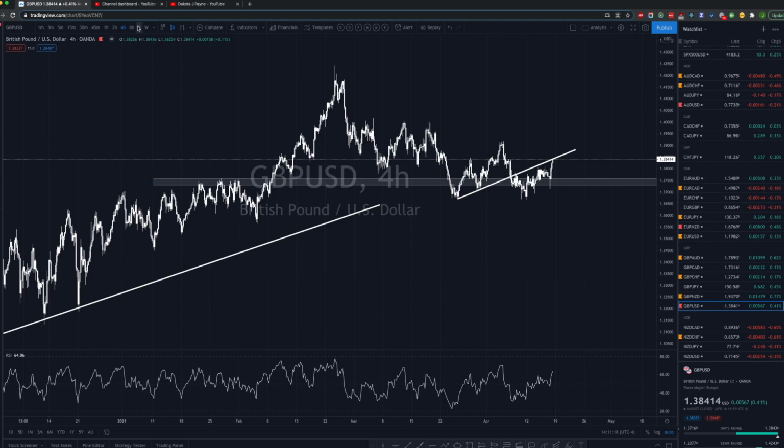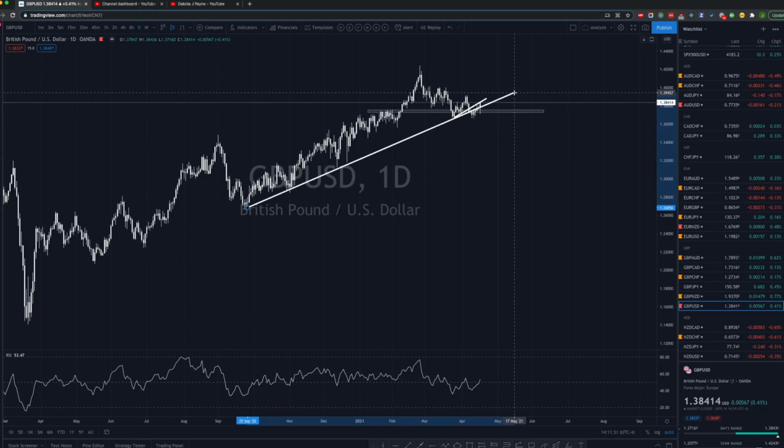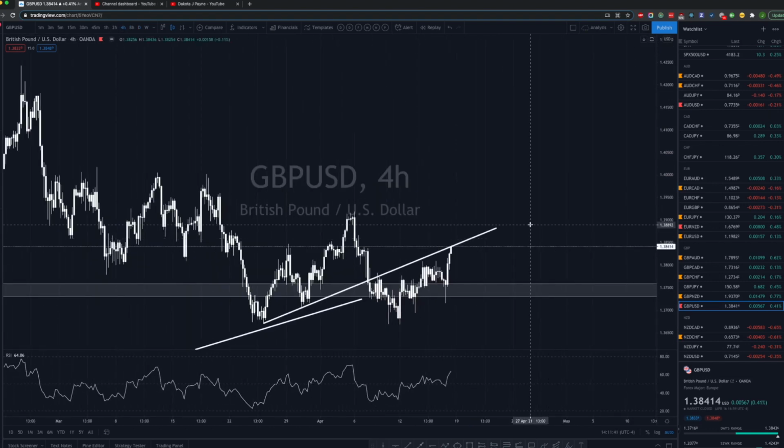That's my daily level. So let's just see, right? You see, all this is just really messy. You know what? Let me just think here. All right. I'm probably just going to leave this pair alone. But what I'll be looking to see,